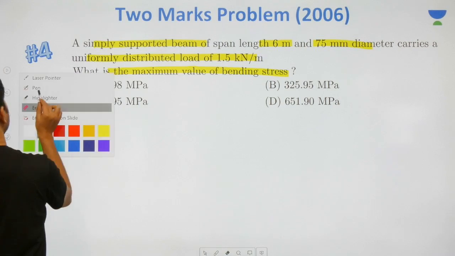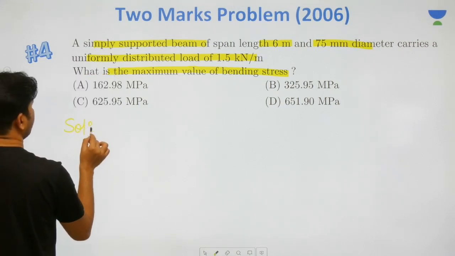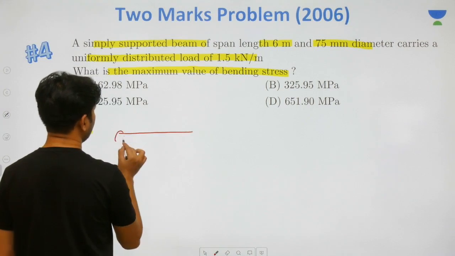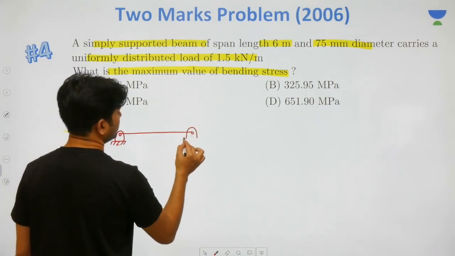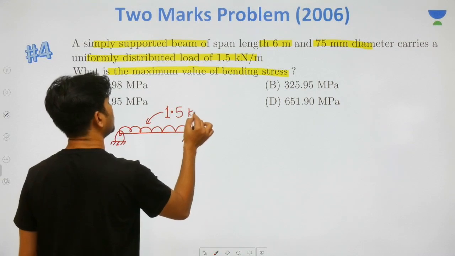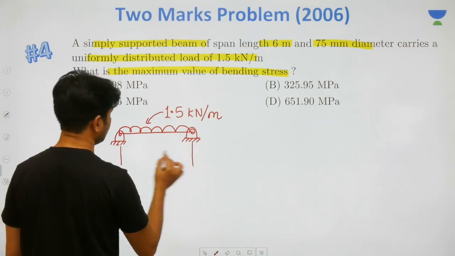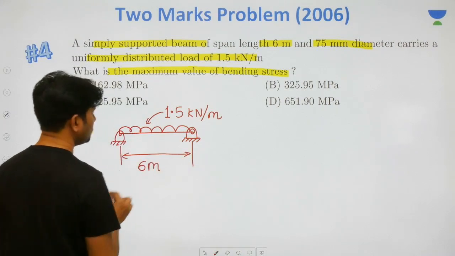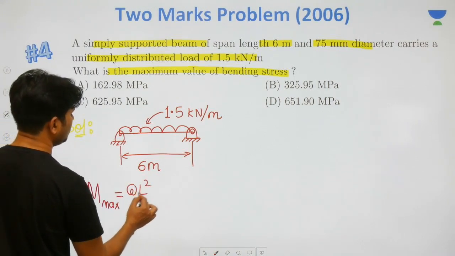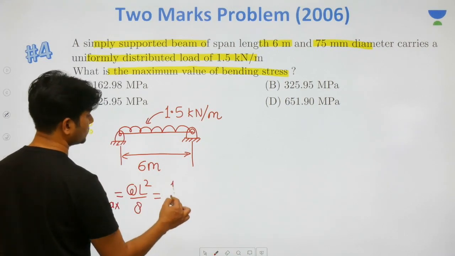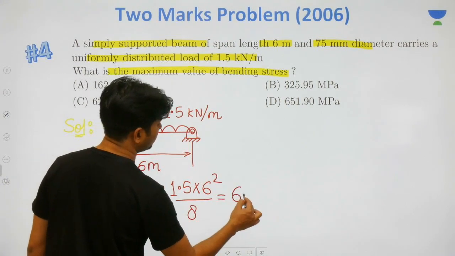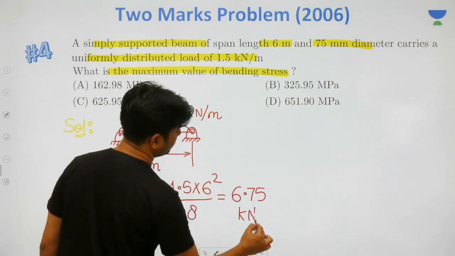Let us go ahead and try solving it. Guys, we have a simply supported beam, and that simply supported beam is subjected to a UDL of 1.5 kilonewton per meter. The length is 6 meter given to you. For this beam, if you have watched my previous session, I proved that maximum bending moment will be omega L square by 8. Omega value is 1.5 and L is 6 here. So if you simplify this, you will get 6.75